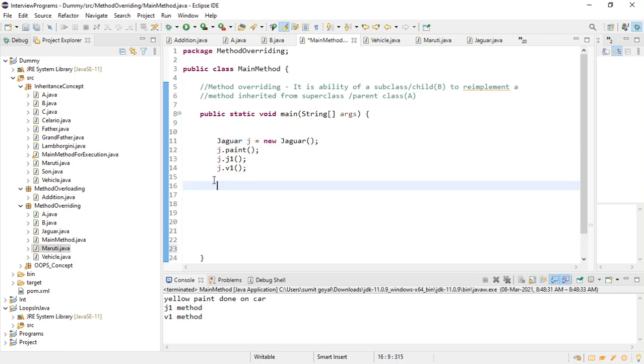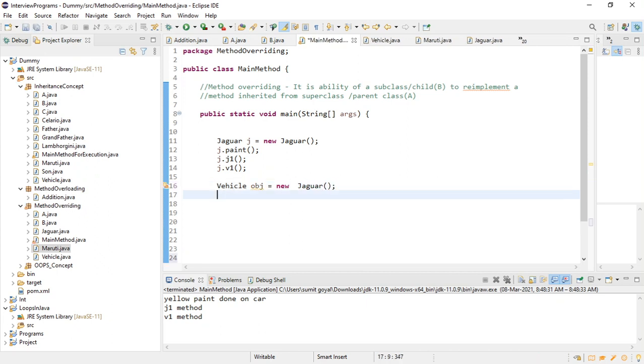But if I write like this, Jaguar j2 obj equals to new, not like this, it is Vehicle new, right?